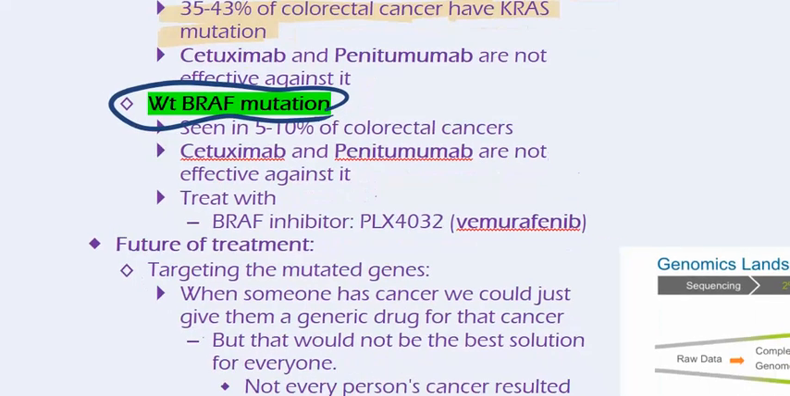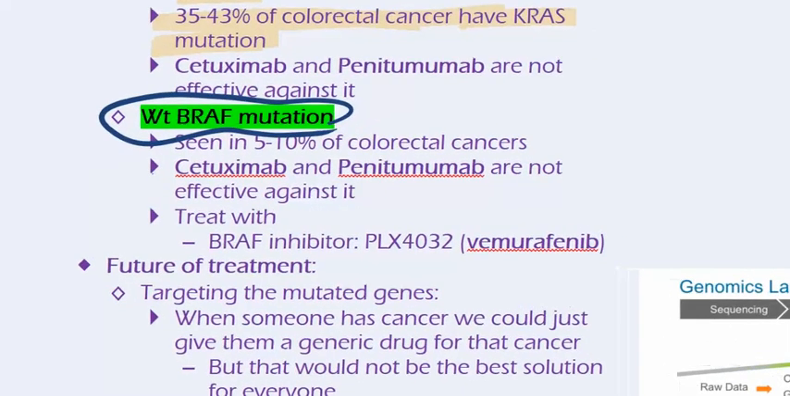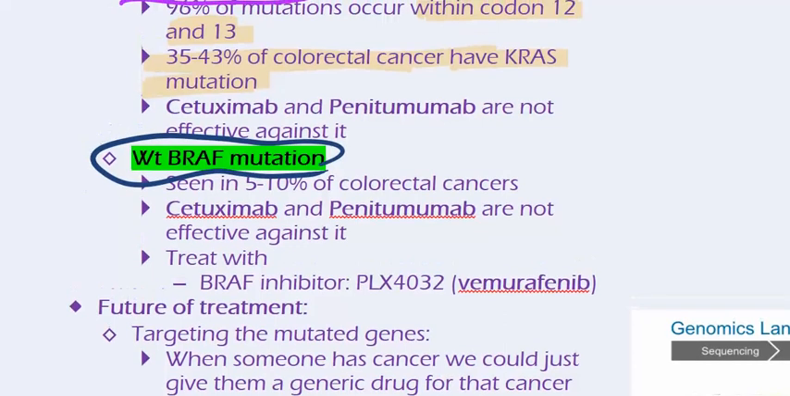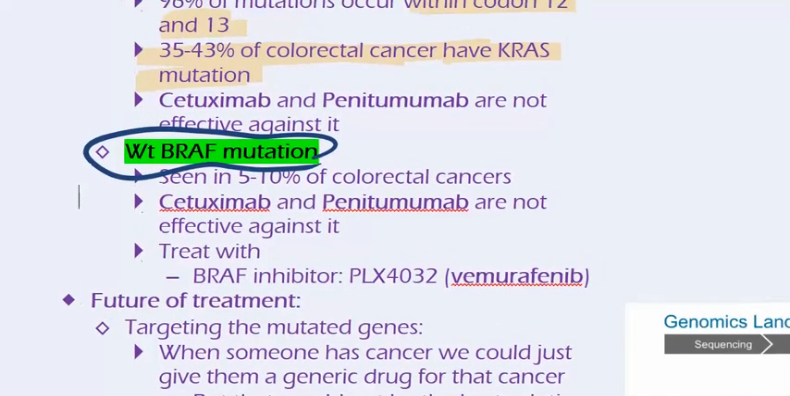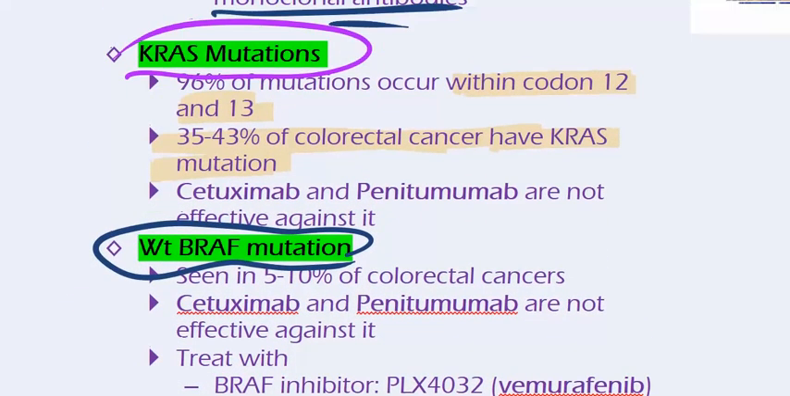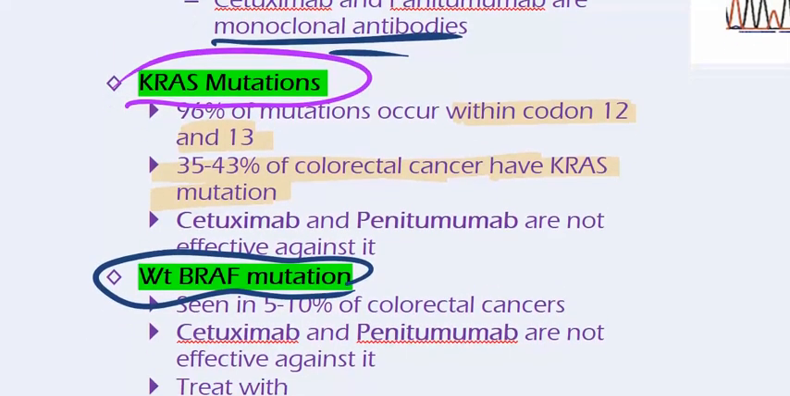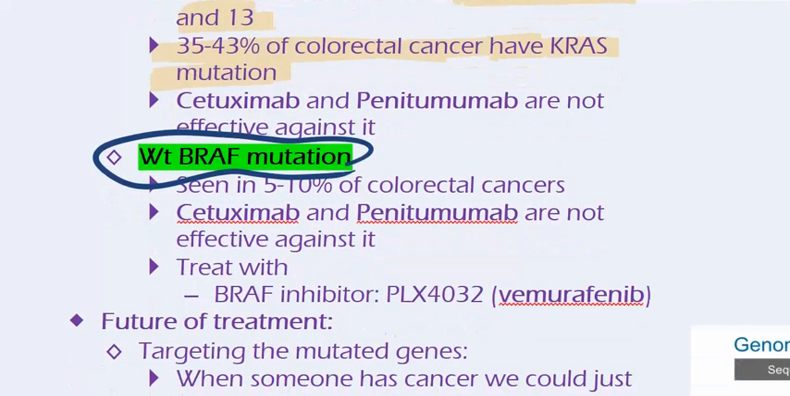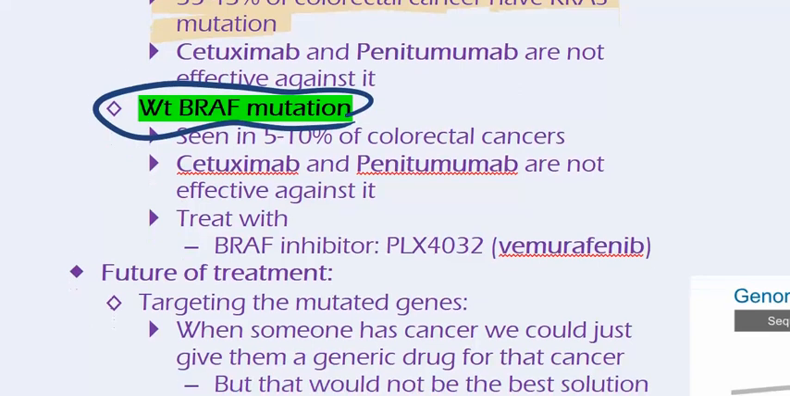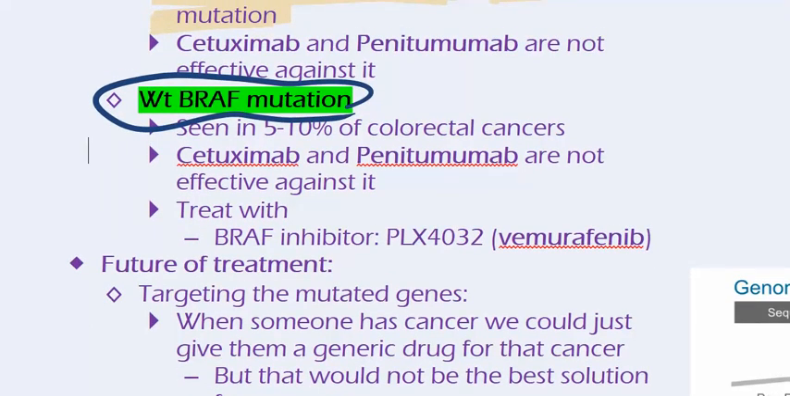Okay, BRAF. BRAF is seen in fewer cases of colorectal cancer, about 5 to 10%, whereas KRAS is really huge, almost close to 50%. In the same way, you cannot treat this mutation with cetuximab and panitumumab. They're not going to be effective. Again, the reason is because BRAF is downstream of the epidermal growth factor receptor, but you can treat it with a BRAF inhibitor,